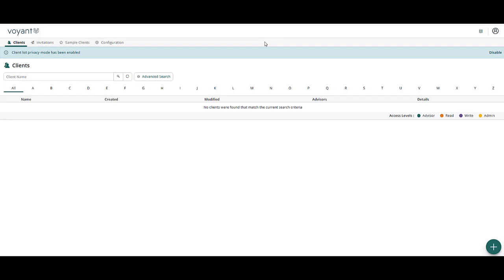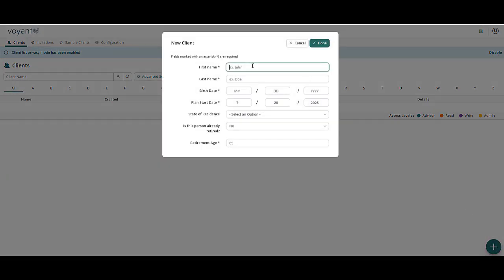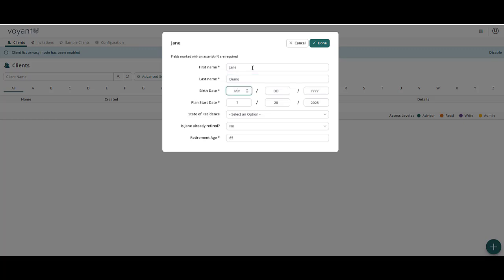In today's training, we are going to look at data entry for a cash flow plan in Voyant. I'm going to start at the home screen and navigate down to our plus button in the bottom right hand corner. From here, we're going to select the Create Client option and enter in our client's first and last name, their date of birth,